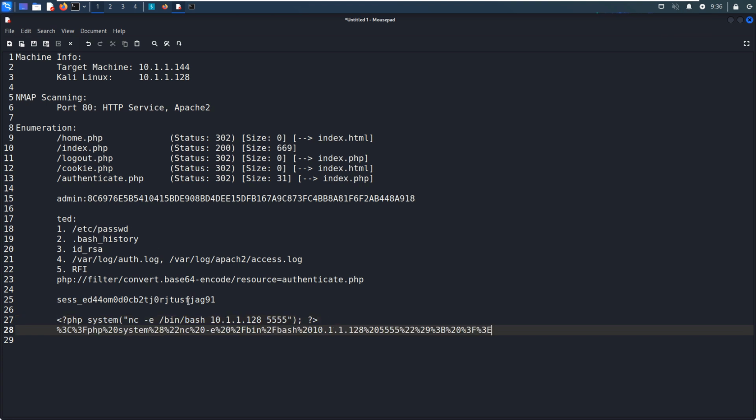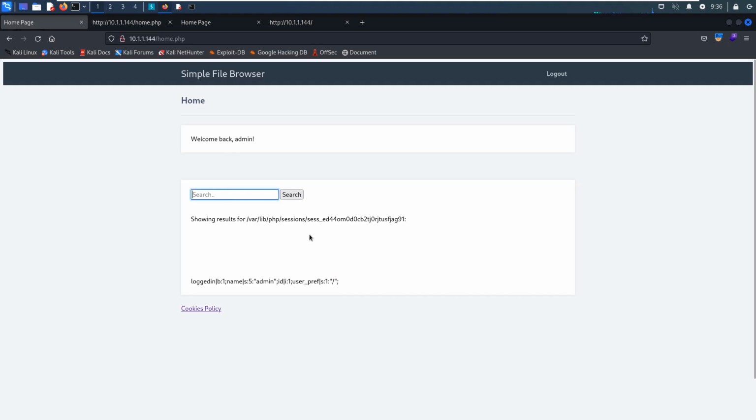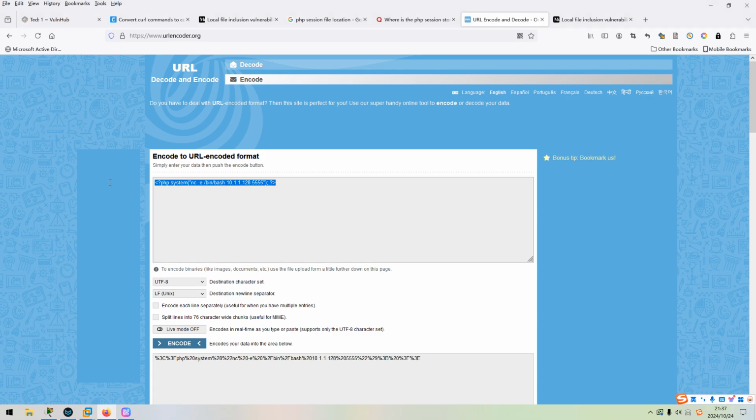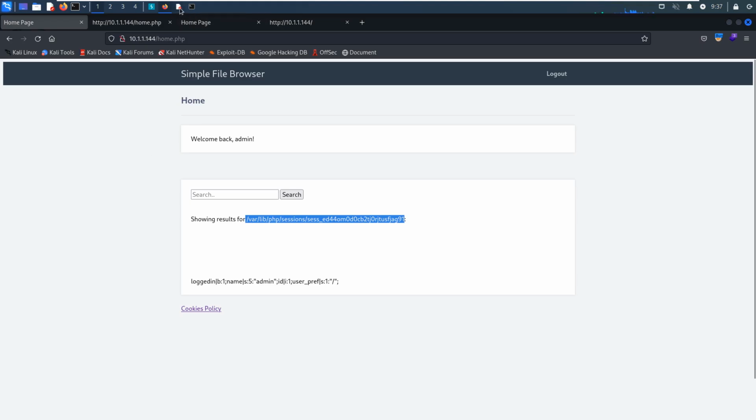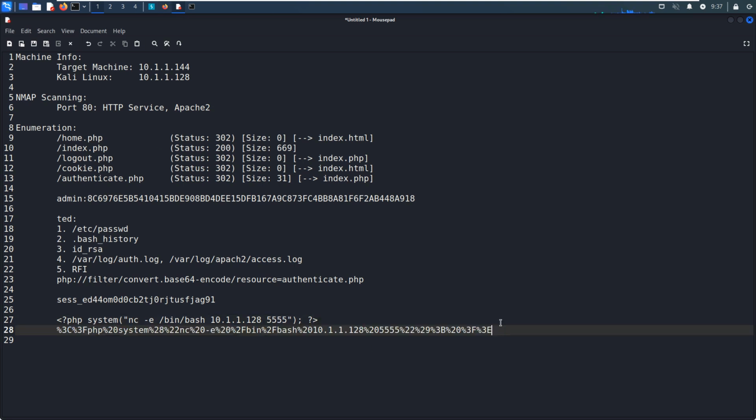And also the absolute path of the session file should be encoded as well. We can copy and paste over here to encode. We can copy and then paste over here.